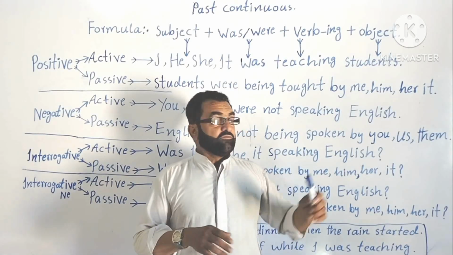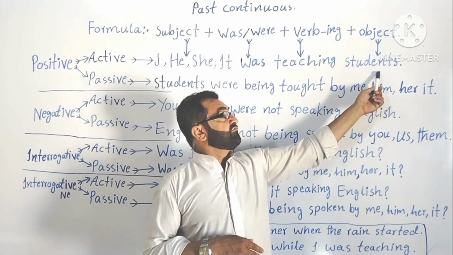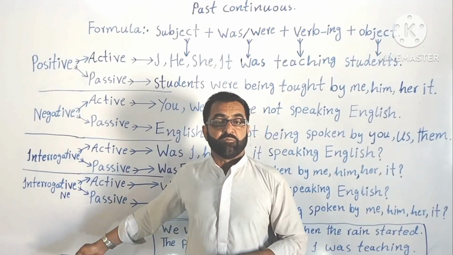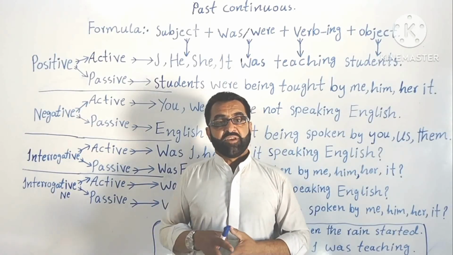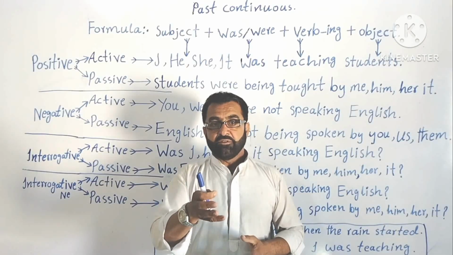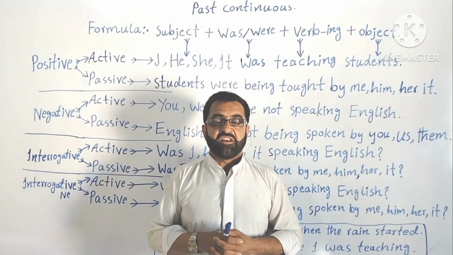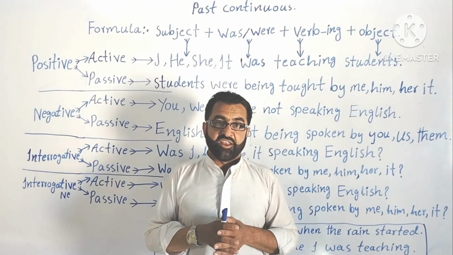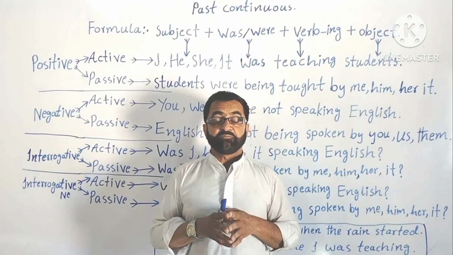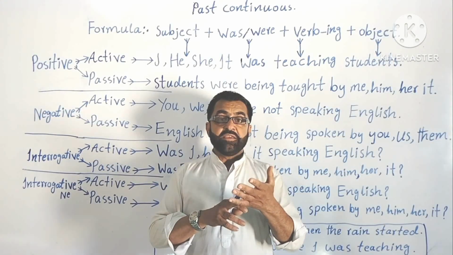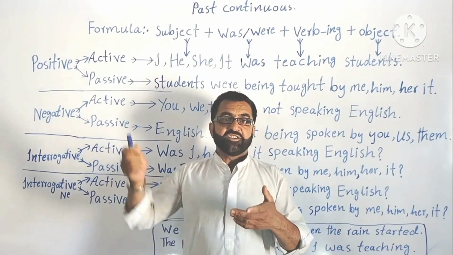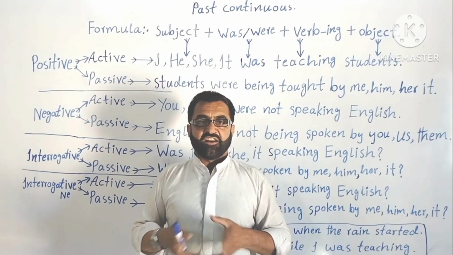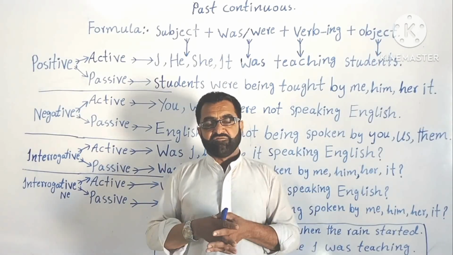Okay? No matter 1, 2, 3, 4, 5 words are the objects of the active voice, these all words can come at the beginning of a passive voice to become the subject of passive voice. Now let's give you an example here so that you understand very well. Let's tell you how these words can come as the object of an active voice. Let's take the example of past continuous, because we are already learning the past continuous.